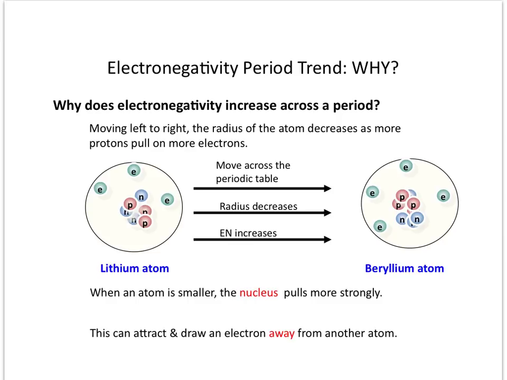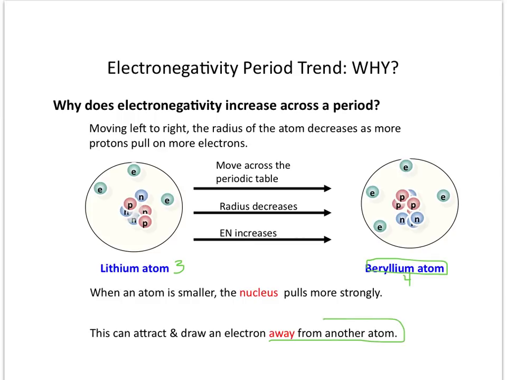Once again, we know as we go across a period that we're going from 3 protons versus 4. We know that beryllium has the stronger nucleus. A stronger nucleus is going to pull electrons in closer. So not only does it pull in its own electrons closer to the nucleus, but it can actually pull electrons from other atoms as well. So when an atom is smaller, the nucleus pulls more strongly, and this can attract and draw an electron away